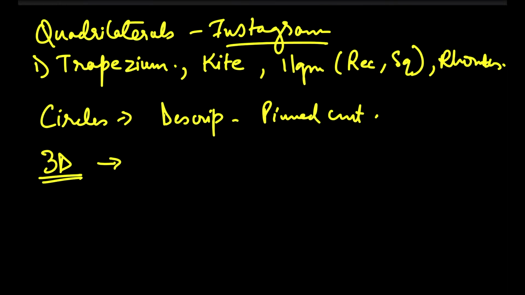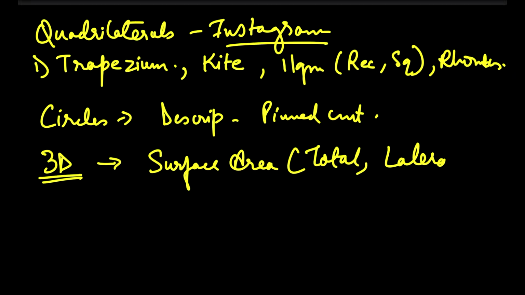So any figure you are taking in 3D, you have to work on a few things. One is the surface area, which is also called the total surface area, as well as the lateral surface area. Now in this video I'll tell you the understanding between what is total and what is lateral. Whenever you take a figure, if you leave its bases, for example take your room which is a cuboid, if you just leave the floor and the ceiling, then that makes the lateral surface area. For any other figure as well, if you take a cylinder which has two circular bases, one at the top and one at the bottom, and you calculate the area leaving those out, that is called the lateral surface area,